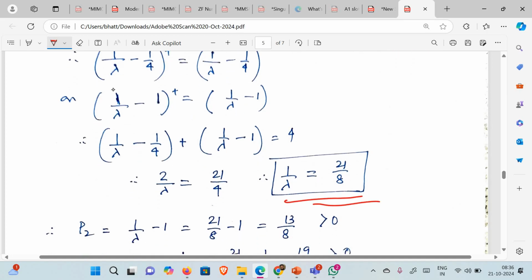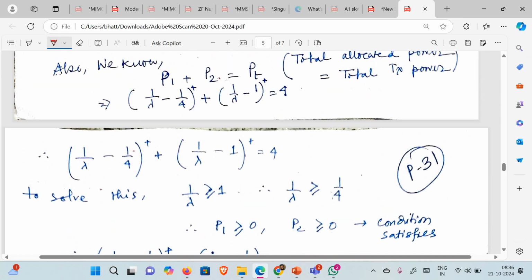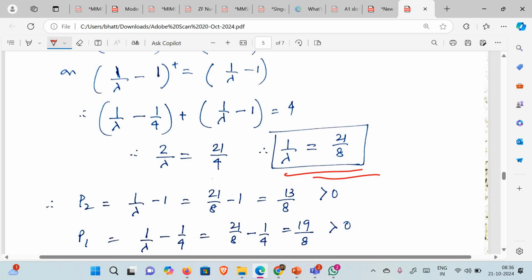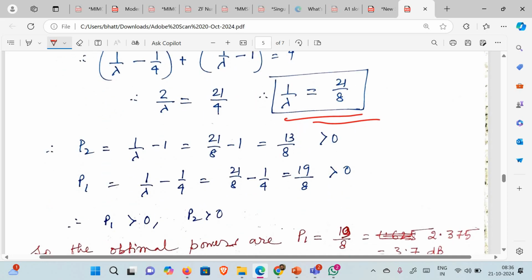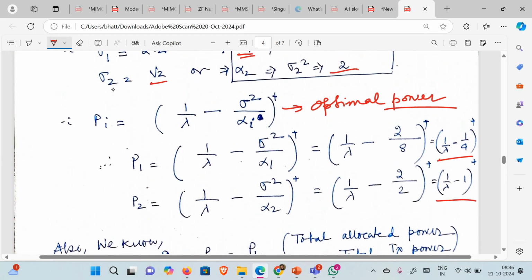We are just trying to find out what is 1 by delta. That's all. It's just a two-addition equation. You can see here, it's two additions actually. So from that, you try to find out what is 1 by delta. Very simple. You get the value. Okay? Now, you take this value and substitute it in the P1 and P2 equations. What was the equation? 1 by delta minus 1,